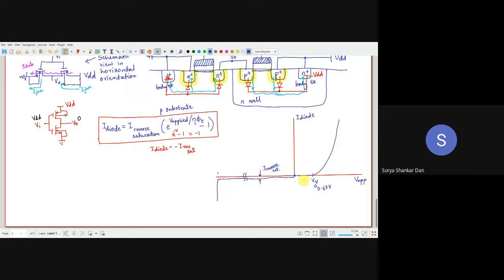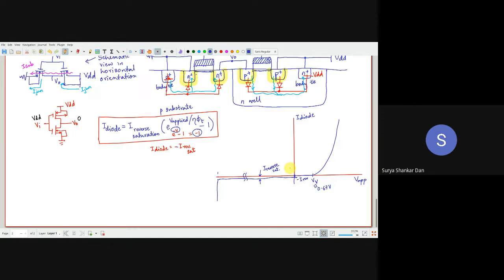Look, this will occur only when it is reverse biased. That means V applied is negative. Only then will this minus V come. Look, this is minus V. Only then will this be -1, and this -1 you are multiplying over here, and that's why you are getting a minus. That is the reason why you will notice that the reverse saturation current is lower than the 0 axis. So this is the reverse saturation current here. This is minus reverse saturation current, less than 0.